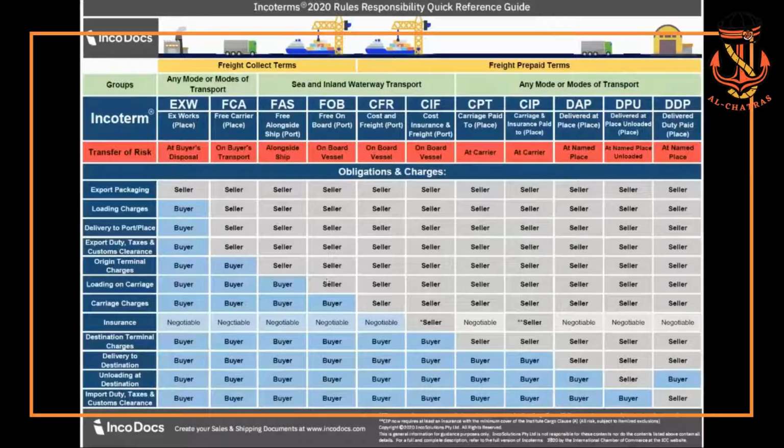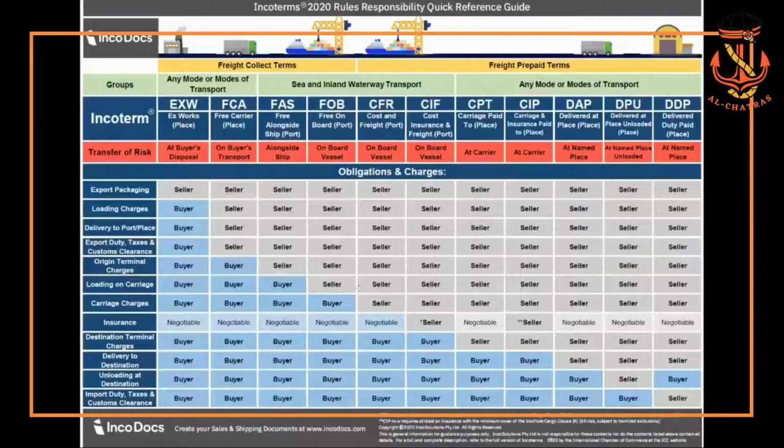When FOB terms are agreed upon, the seller's obligation is to supply the goods and also to pay for all of the additional charges involved to get the goods actually loaded on board the vessel for export. That means the seller will cover all previously mentioned charges and pay for the loading charges to get the goods loaded on board the vessel for export. As soon as the goods are loaded on board, all further associated costs and risks are transferred onto the buyer. The buyer will pay for the international freight and all charges thereafter.